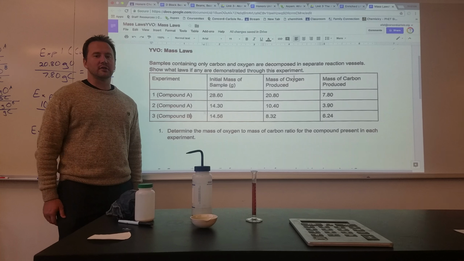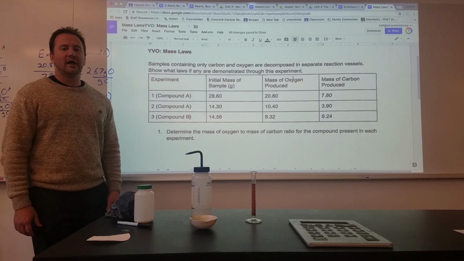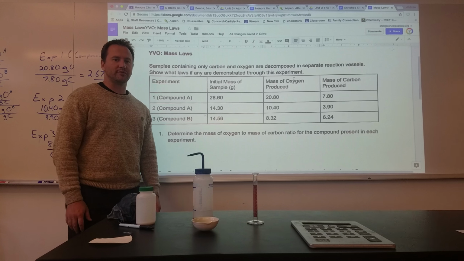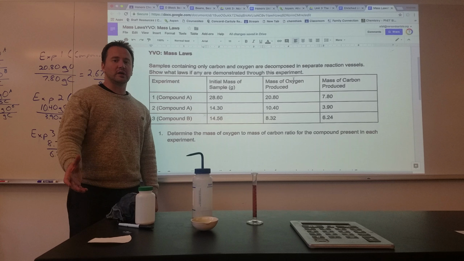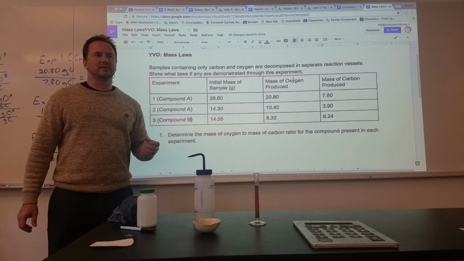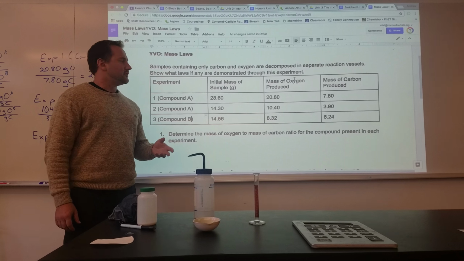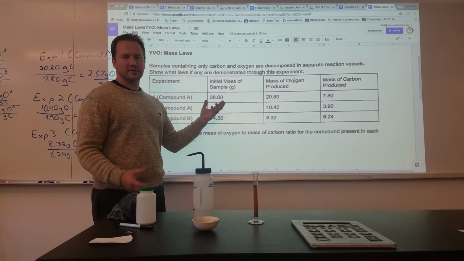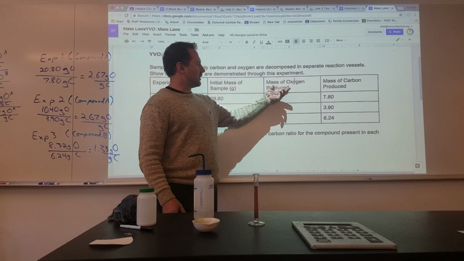And the third law is the law of multiple proportions, which states that atoms of the same elements can combine in different whole number ratios to form different compounds. So we're going to use this data right here to show all three of these laws. There were 3 experiments performed where you had a sample containing only carbon and oxygen that decomposes into those 2 materials. So you have an initial sample, that's both of the materials,